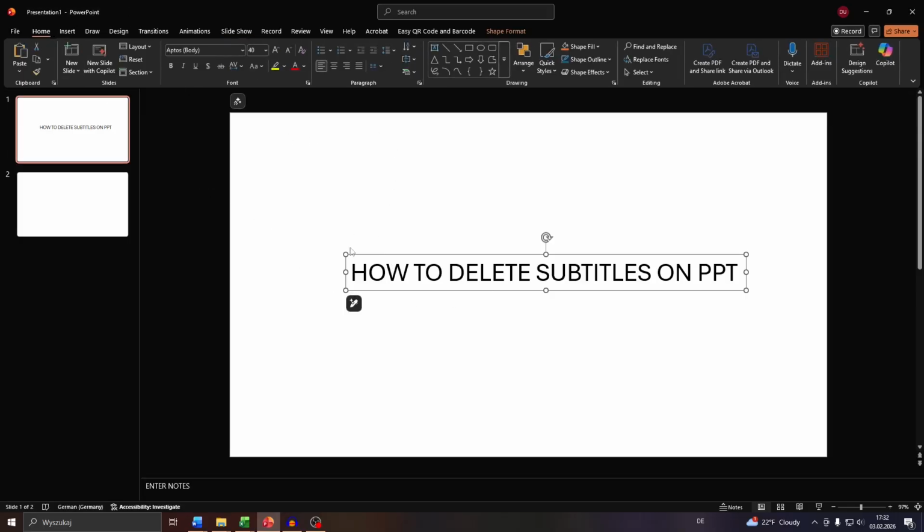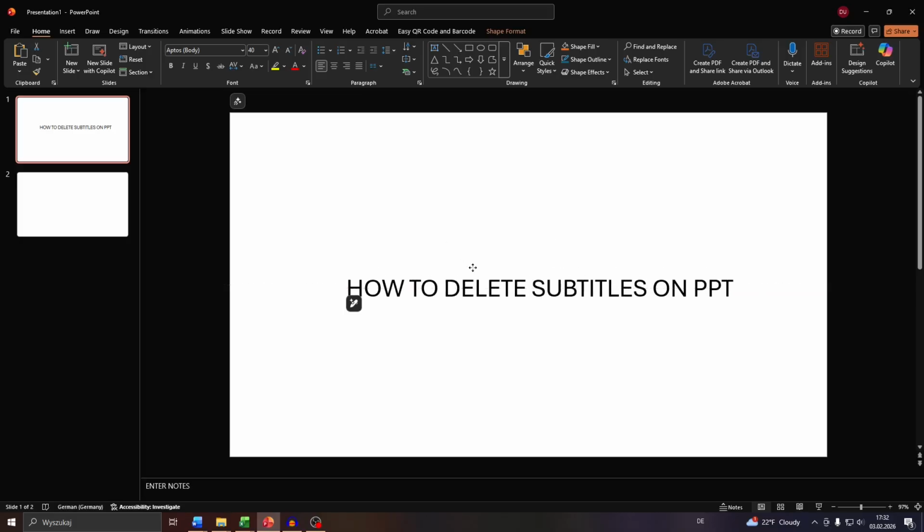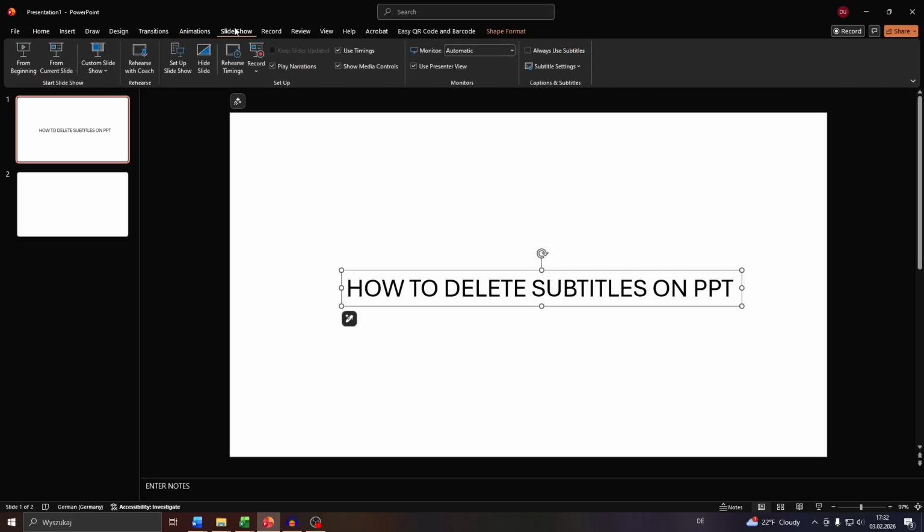Navigate to your presentation on PowerPoint, and then navigate to the Slideshow tab here at the top. Here to the right, under Captions and Subtitles, you will see the options Subtitle Settings, as well as Always Use Subtitles. Make sure that this feature is disabled, so these subtitles won't be shown. For example, on a slide in your presentation that doesn't need any